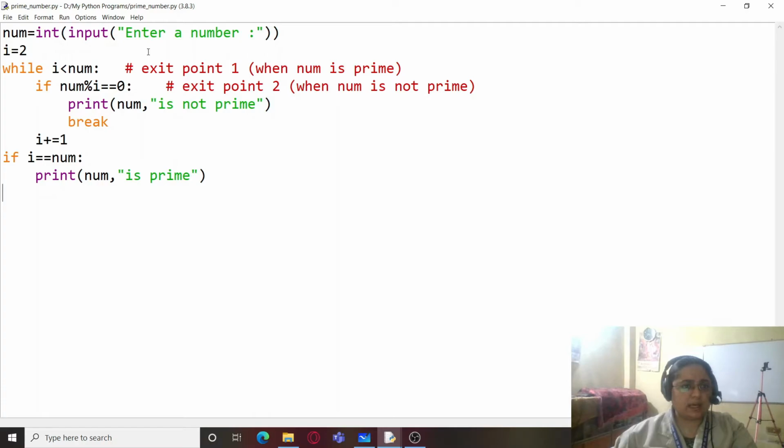And you can see a first-hand example of break statement. That is, the moment we see that a number is divisible by a third number, that is any of the numbers in between 1 and the number, immediately we need to break. We don't need to check whether 6 is divisible by 3 also, 6 is divisible by 6 also, because it is already known that a number will be divisible by itself and 1. If other than these two it is divisible by any other number, that means it is not a prime number, and we have used that logic over here.